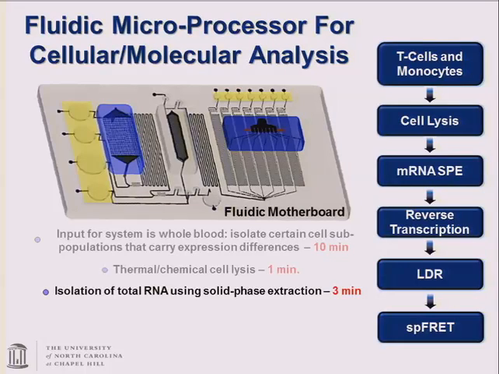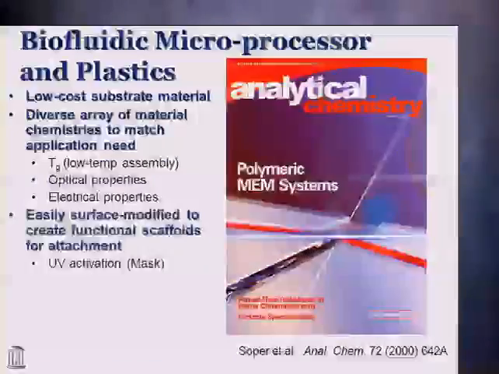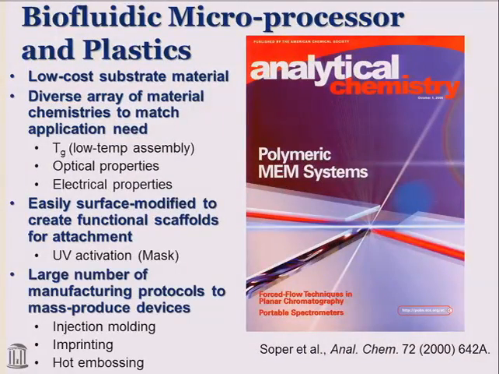Isolate the RNA using a solid phase extraction. We need something that's going to have a high propensity to allow that material to condense onto it selectively. And then the reverse transcription, again, is done on this motherboard. And then finally, the thermal reaction and the readout. We're going to use fluorescence. In fact, we're going to use single molecule fluorescence. So we darn well better have a material that has a very low autofluorescence yield. Aha, but don't forget, it must be moldable or machinable as well. All right, so we use polymers,